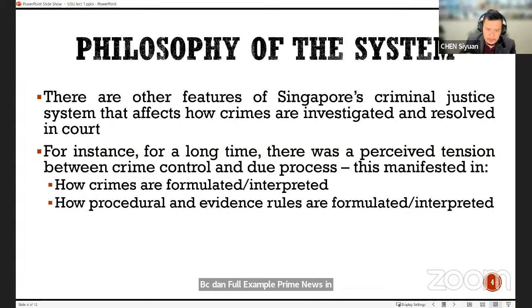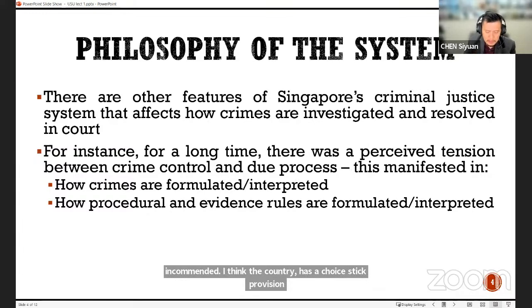And if you try to unpack it from a more general level, why should an accused person even be allowed to keep quiet? So from the due process point of view, the accused person should be allowed to keep quiet because the accused person may say something that may hurt his own case, right? And coupled with the fact that the accused person is best represented by a lawyer rather than by himself or herself. So you want to protect the accused person in this way, even though this accused person may seem like the worst person on earth. But that's what the law is for, right? Is to apply equally to everybody. And so if you want to make sure that this person doesn't make a mistake at the start, you say he's allowed to keep quiet.